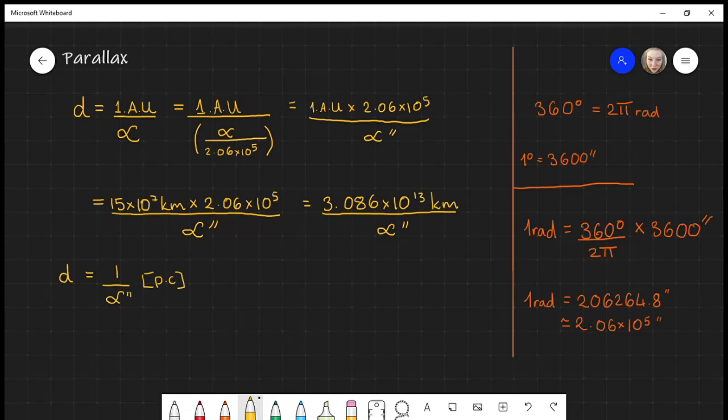.086 times 10 to the 13 kilometers is known as 1 parsec. A parsec is defined as the distance to an object or a source if the parallax angle is 1 arcsecond. The distance, in parsecs, is 1 over the parallax angle as long as the parallax angle is in arcseconds. This is the expression that you've most likely seen, and this is what astronomers use to measure the distance to